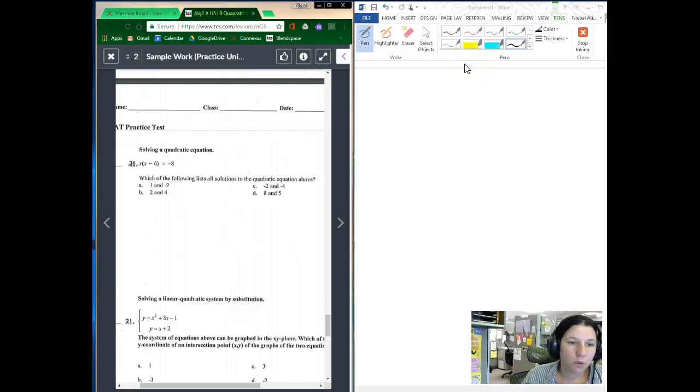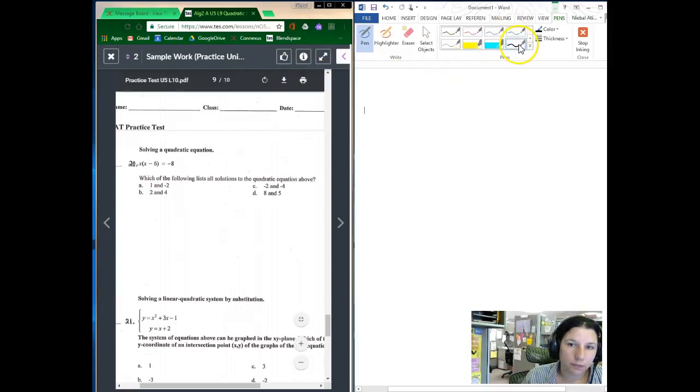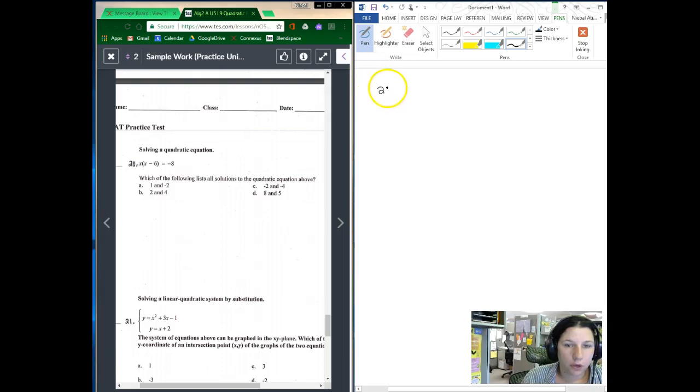Number 20, solve a quadratic equation. So there's a couple different ways to do this. You could graph that, solve it for y, and then graph it. So when I say that, I mean,